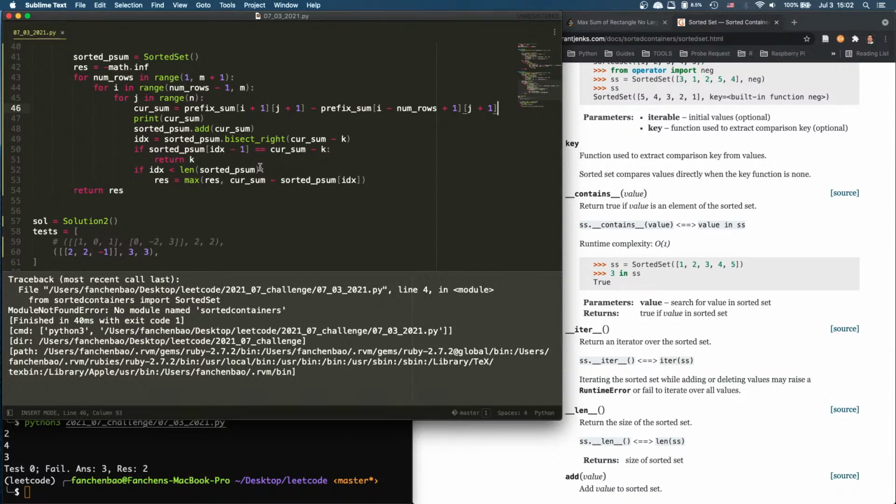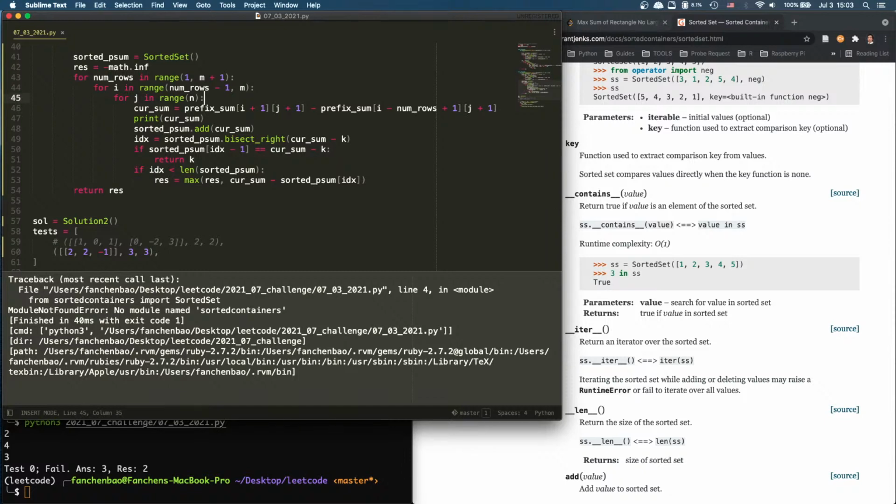Hold on. What are we looking for? We're looking for myself minus this equal to k. Therefore, say we want to look for current sum minus k. Why is 0 not part of it? Because we are wrong. Because we have to add 0 to it. Now to add 0 to it, all we need to do is